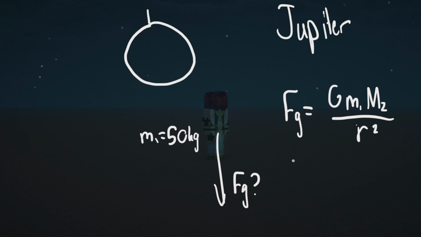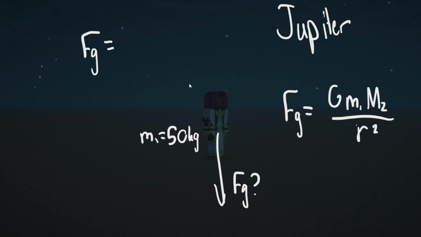Now if I'm on the surface here and the center of Jupiter is here, r is just going to be the radius of Jupiter. That's what r is, and then all you have to do is square it. Obviously the radius of Jupiter is also something they'll probably give you if you get a problem like this. So if we try to solve it, Fg would equal,